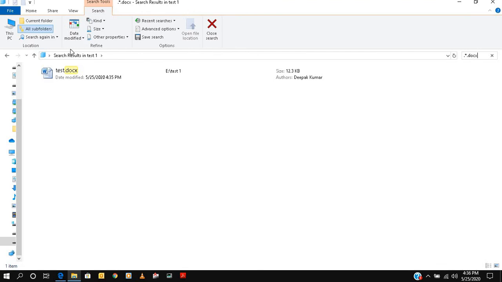Now friends, we have here some common extensions. This is docx, and the extension thing we already discussed in our previous video: how we come to know what extension a file has, which basically means in which program it opens. So I already made a list of common extensions for you.